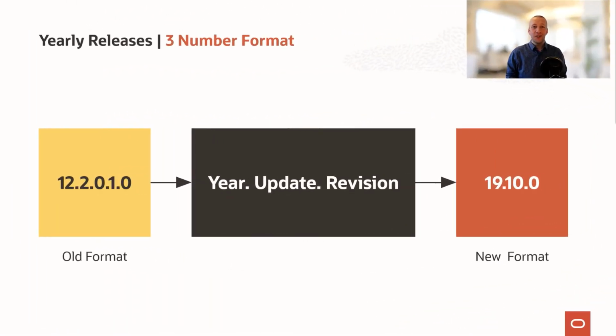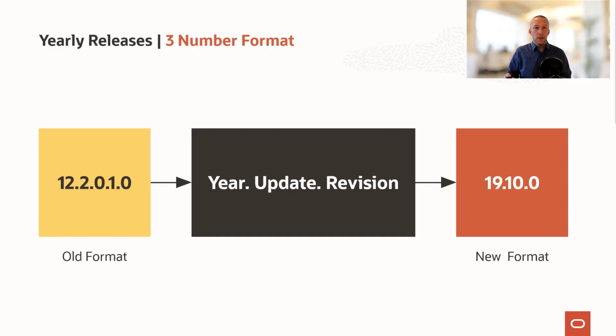Thanks, Roy. Let's look a little into the new number format. So back in the good old days, you would talk about 11.2.0.4, 10.2.0.5, or 12.1.0.2. So even though we had a 5-digit number format, we always referred to them with 4 digits, because the 5th digit was always 0. But the same actually applied to the 3rd digit. So with the release of Oracle Database 18c, we changed to a new, smaller number format. Now it's only 3 digits: